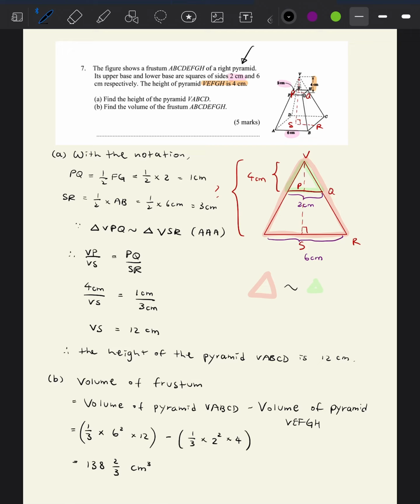So usually in the test or exam, the questions won't be that straightforward. So in this one, the first part A, they try to see if you can see the ratios are equal for the two pyramids. Then you can use the relationship between the ratios of the lengths to find the height of the pyramid VABCD. And then with the height, you can find the volume of your frustum. So therefore, please make sure you read the questions carefully, and it is always a good idea to draw the diagram on the side for